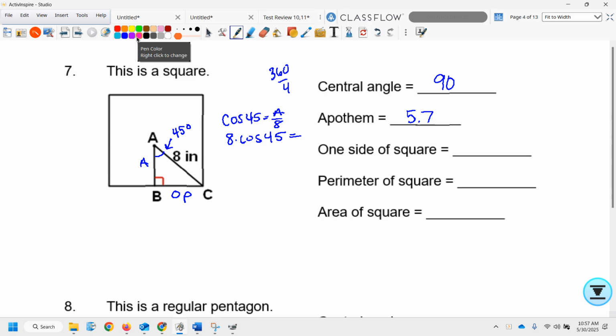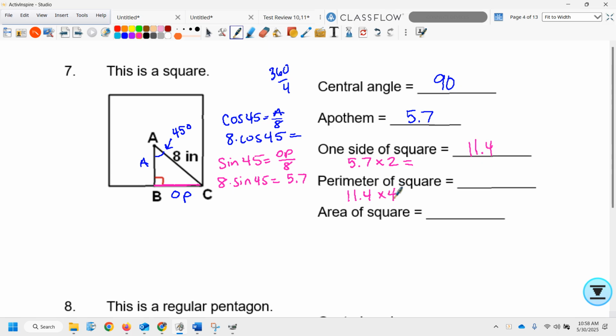All right, for the one side, I'm going to use sine, opposite over hypotenuse. So sine of 45 is equal to O over 8. And 8 sine of 45 is 5.7. Now remember, because it's only half of the one side, we have to take 5.7 times 2. And that's 11.4. All right, now all the hard work's done. Perimeter, it's a square, 11.4 times 4